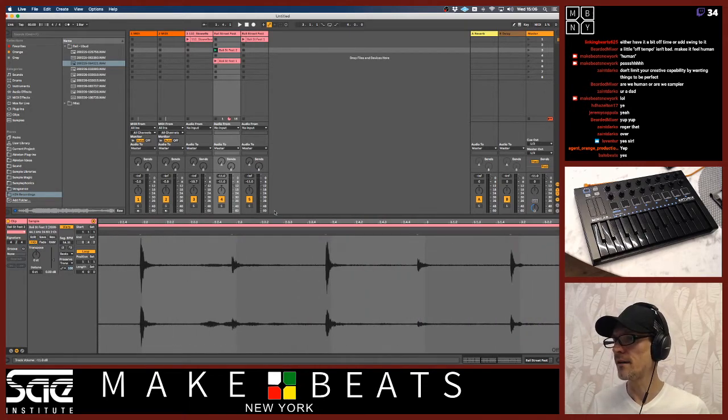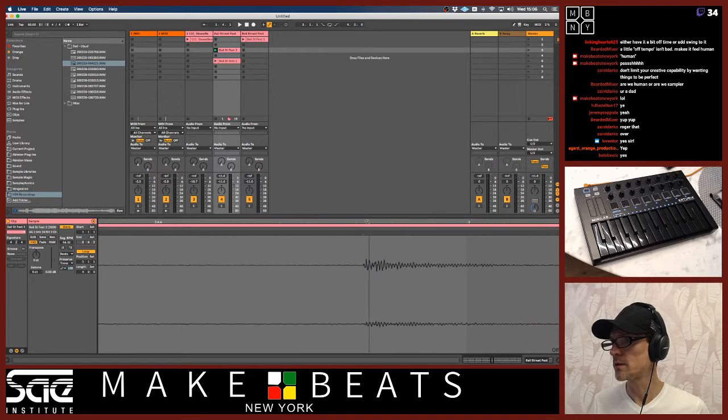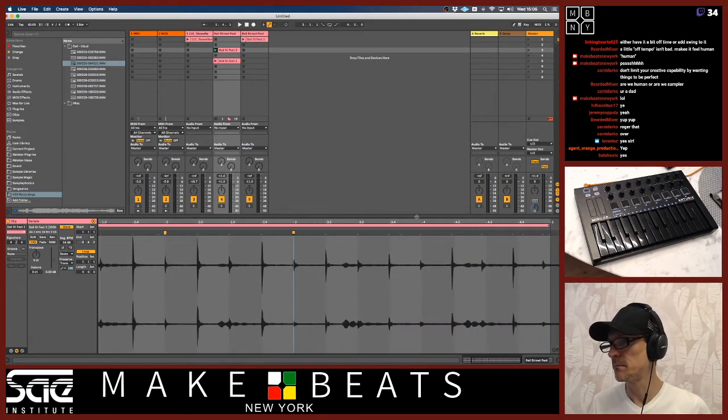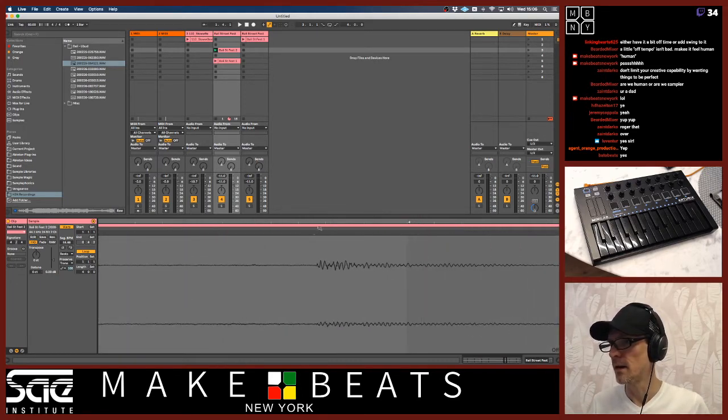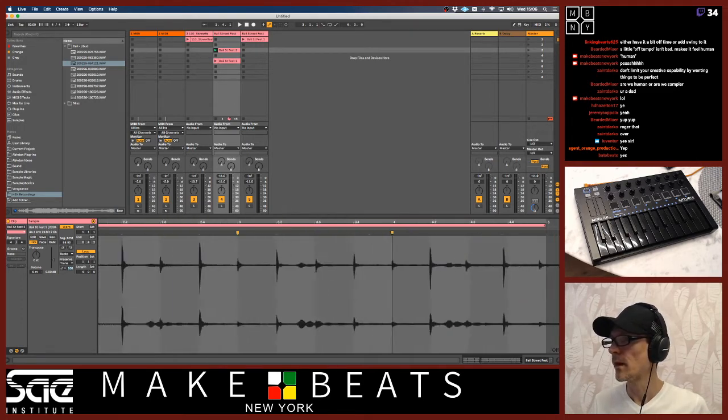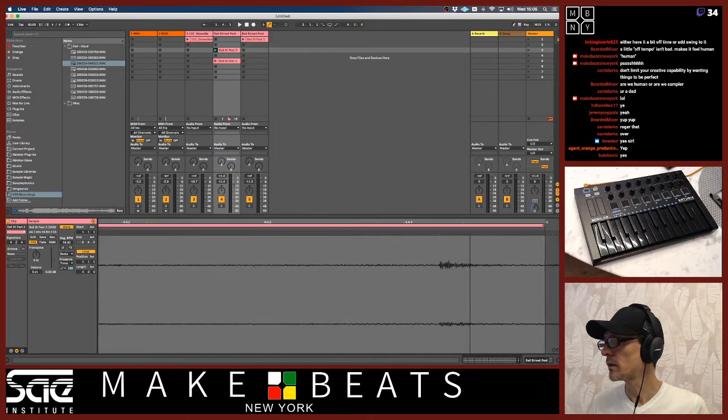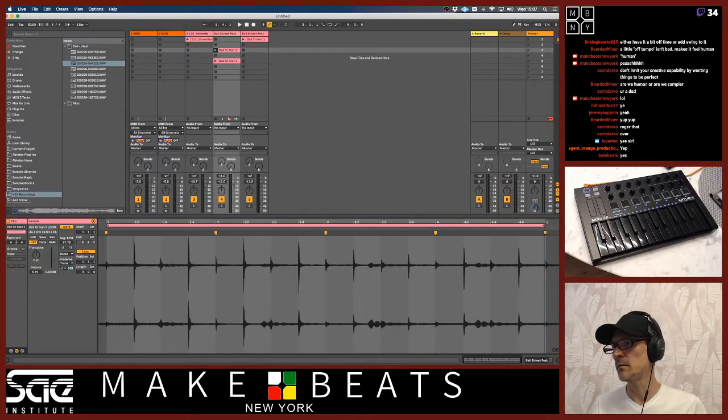And we're going to do that on every bar. I'm just going to go ahead and put a warp marker down on every single bar. And I'm not going to worry about it being exact. I'm just going to make it pretty rough. I don't want it to be exact. I'm just going ahead and putting these warp markers down. There we go. And again, I'm just double clicking on the transient or where the transient needs to be moved. And now we can see if I play my metronome,